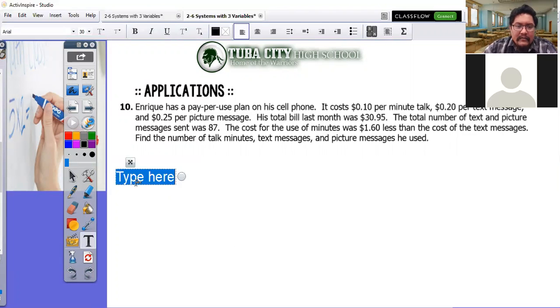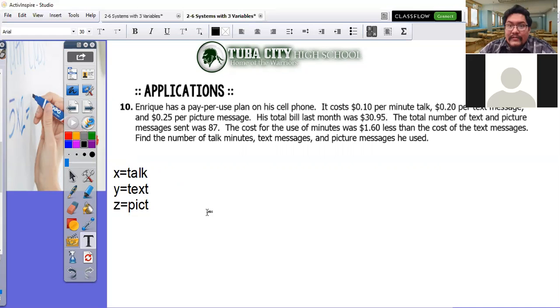All right, so we already kind of know what's going on with this one. There's three things. There's talk, there is text, and the last one is pictures, which I'll just call them pics for now, just so they're all 4-letter words. Okay, so talking about the cost, so 10 cents per minute of talk plus 20 cents, and this one's talking about all of the totals, so total of this, total of that,